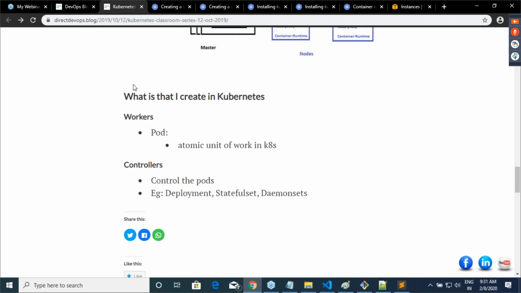For example, if you run a Docker container run command and your container is dead, will something happen? No, right? Similarly, in Kubernetes, if you run the worker directly, it will not self-heal. So for that, we have to create something called a controller.